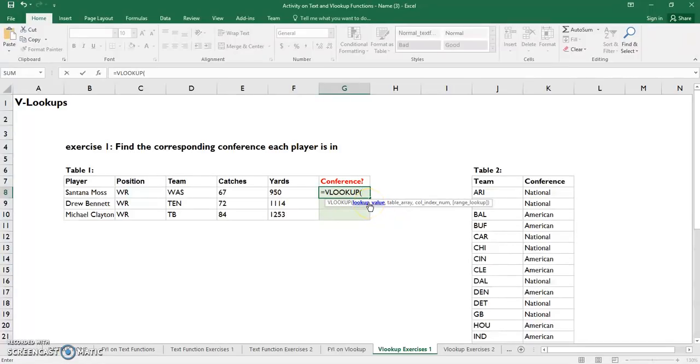So the VLOOKUP value is the value that you're looking for. For example, you're looking for the player, and in what conference did that player play? So in this case, find the corresponding conference each player is in. So VLOOKUP,